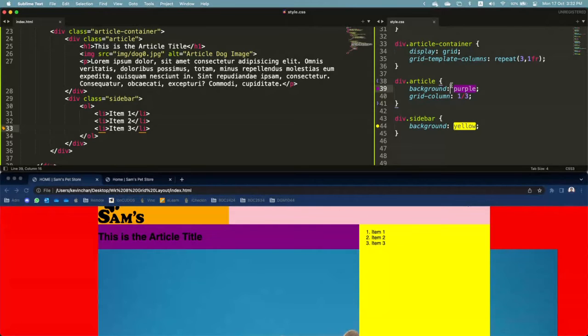Save, refresh your browser and see. You should see your image is bigger than the